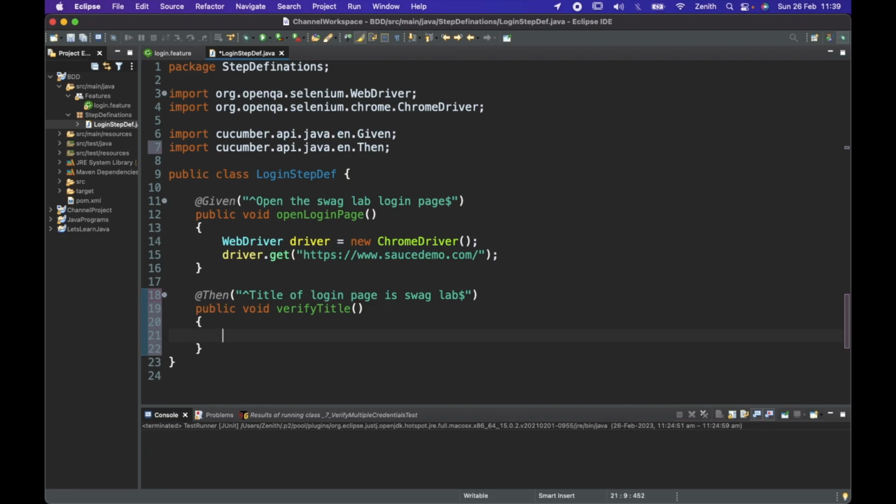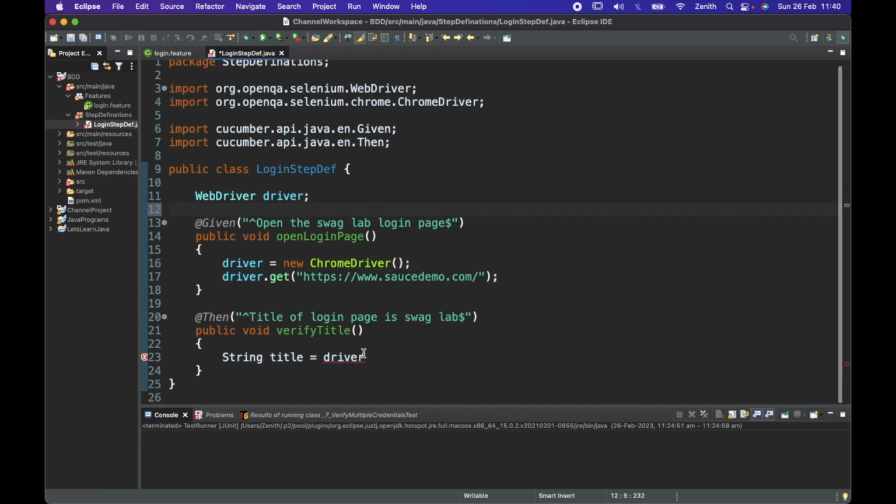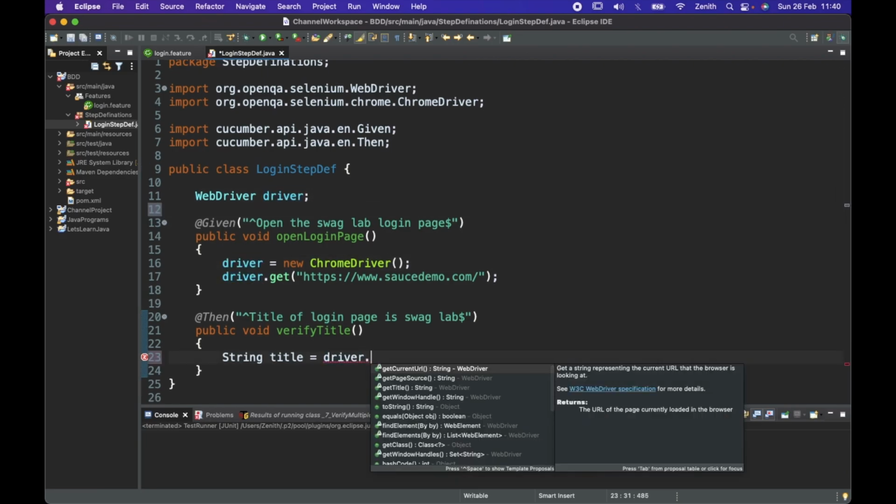If that is okay, then we are going to proceed. So to get the title I need to store the title by using driver dot get. Okay, here we need to declare this driver as a global, so I will declare over here, which we can use in any method. So driver dot get current URL,